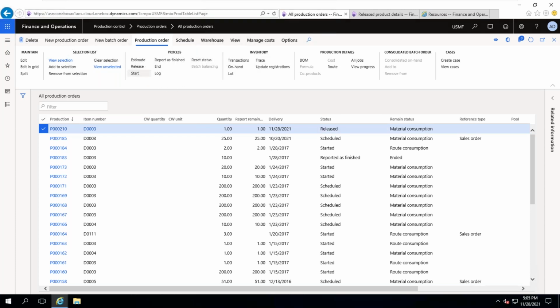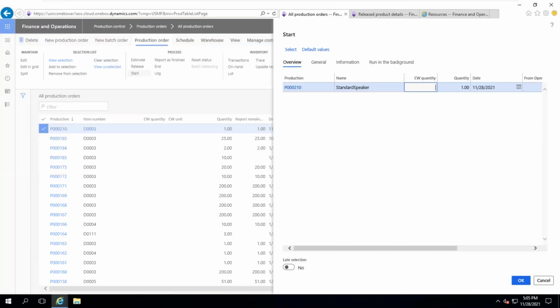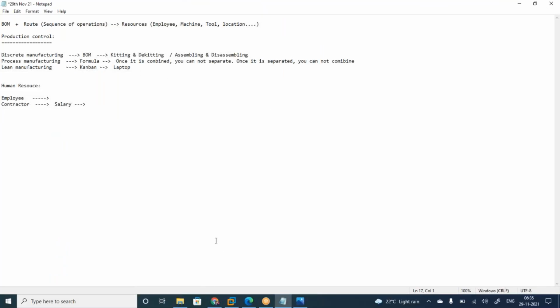Start means the required raw material will be brought from the actual warehouse to your warehouse. The actual warehouse to your warehouse means, suppose if it is a big warehouse,